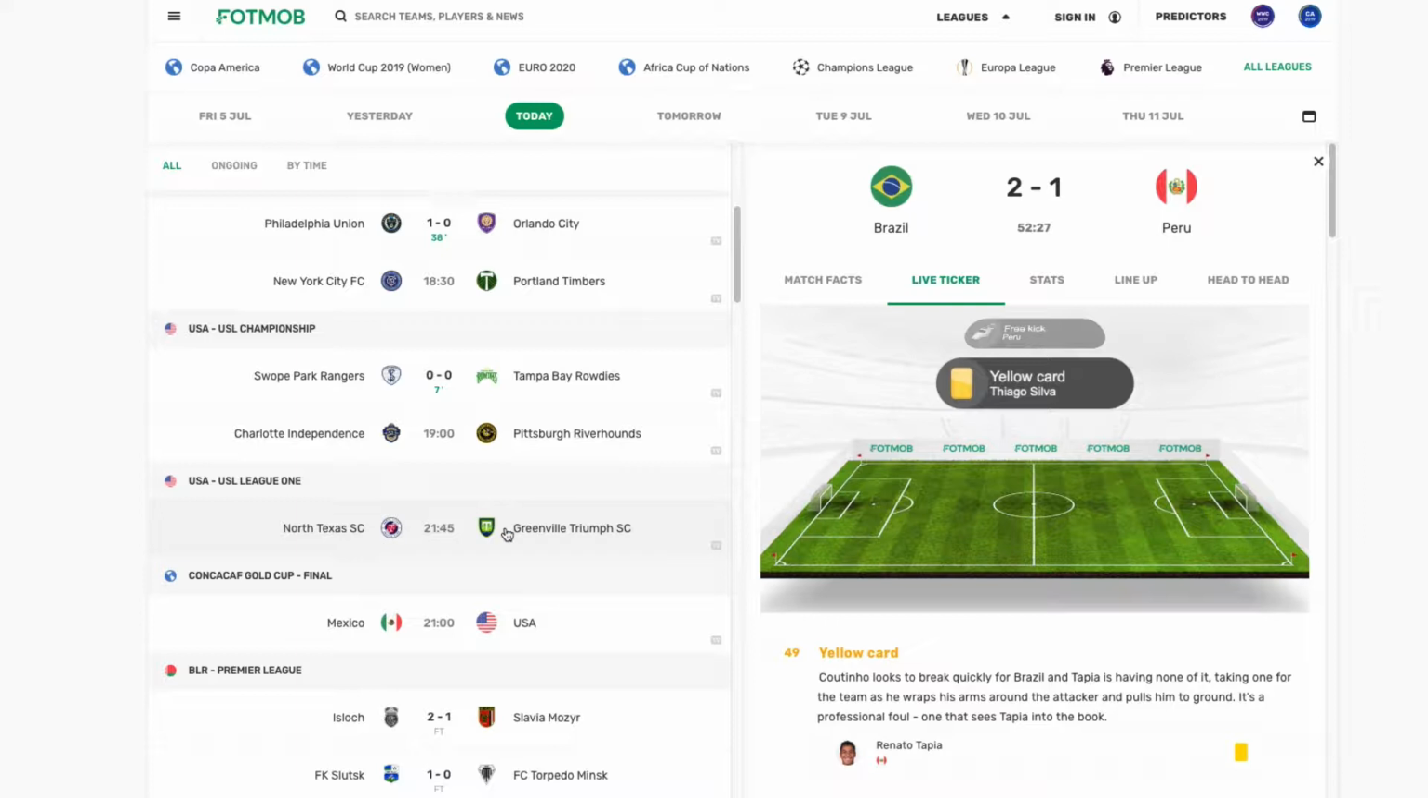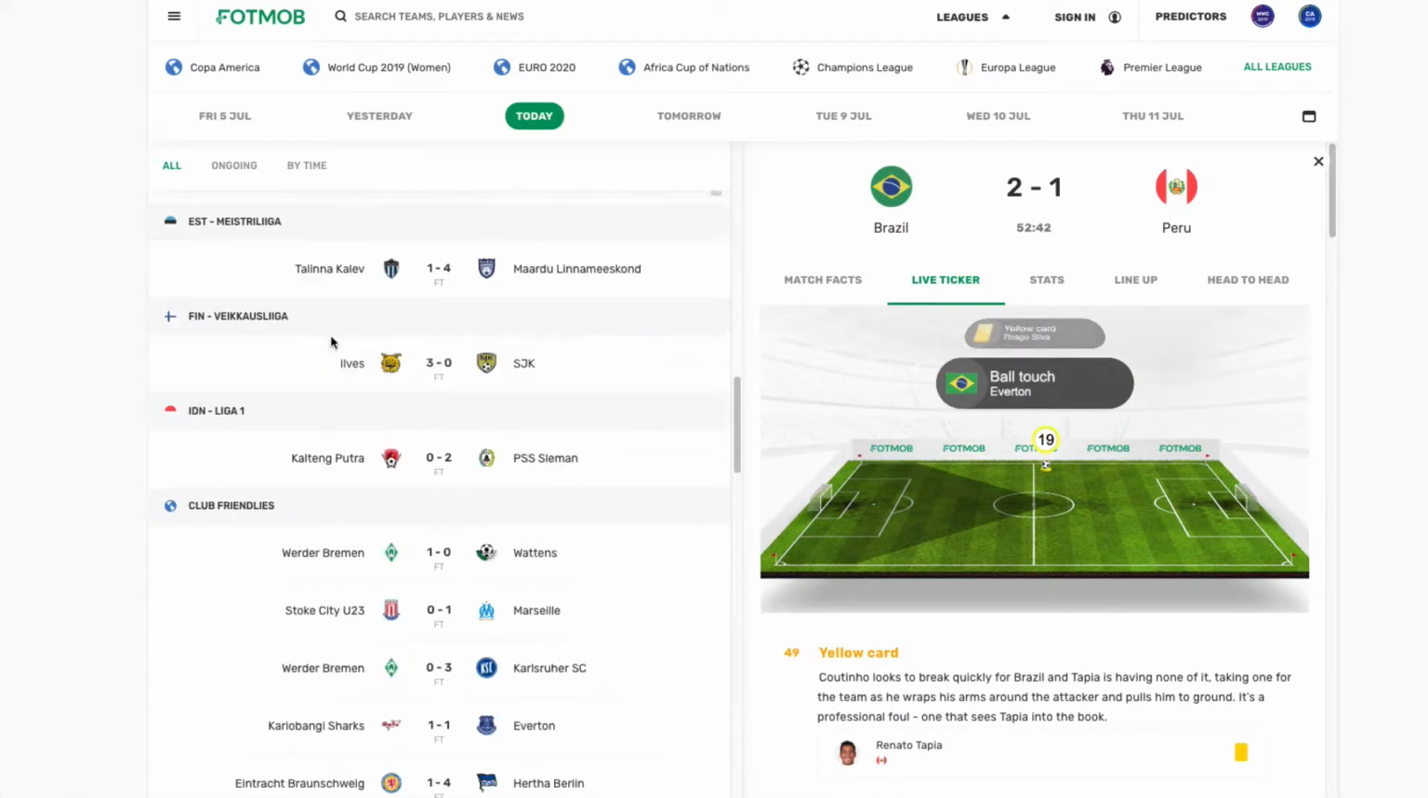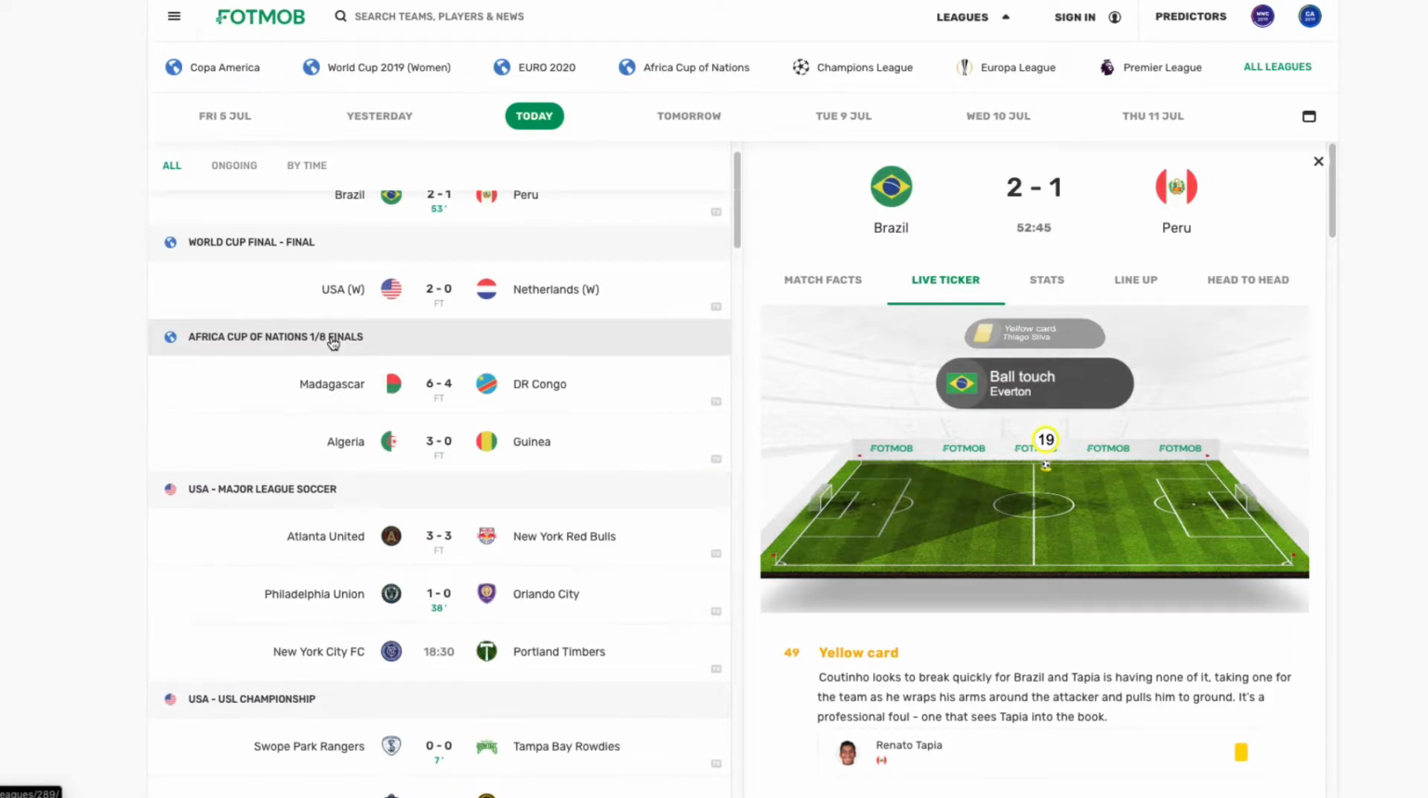championships, the different teams, the games that are going on, and then the score. So like we're in the 7th minute of this game here, Swope Park Rangers versus Tampa Bay Rowdies. We're in the 38th minute of Orlando City versus Philadelphia Union, and so on and so forth. And you can go to whatever league you're most interested in and find out what the scores are in the